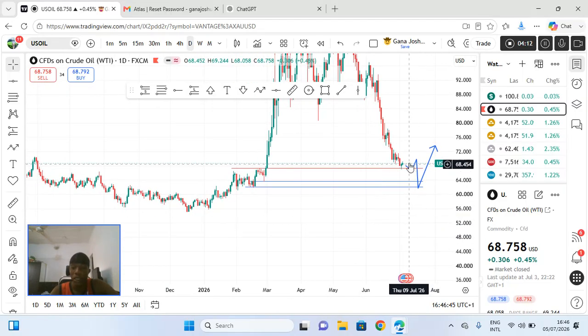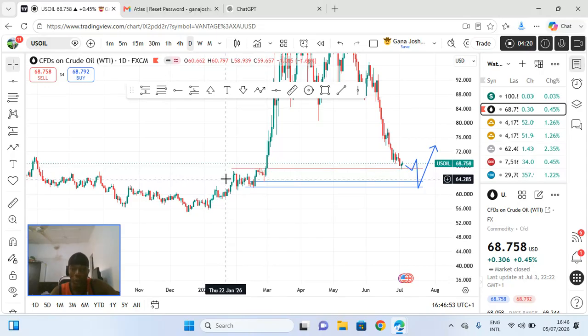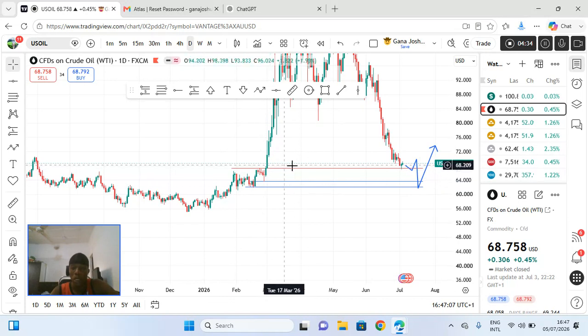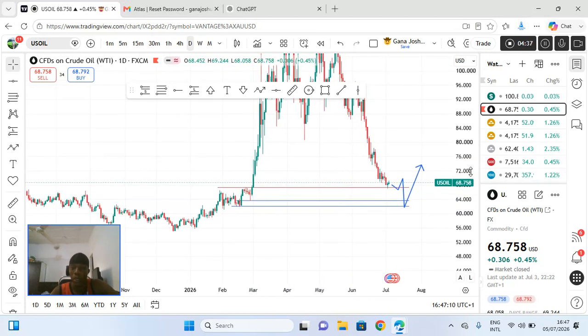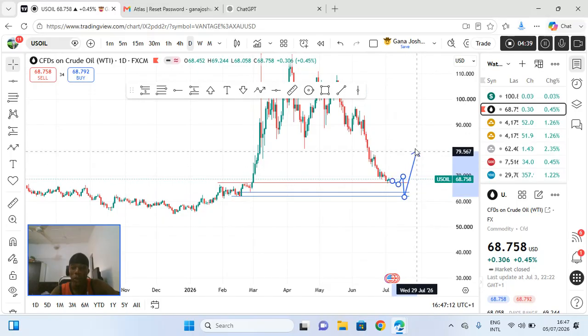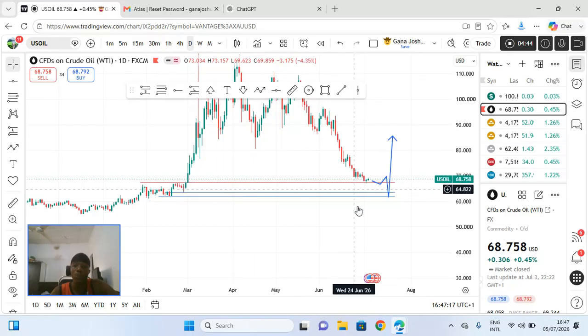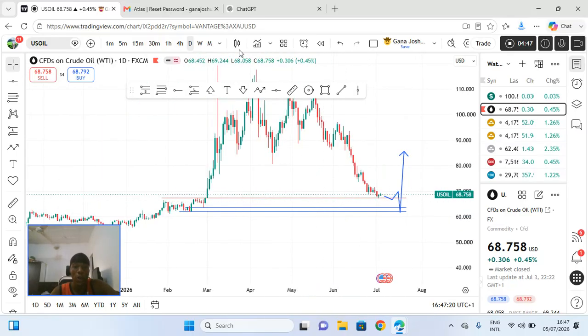But in the case that these three levels we have marked, if you are to mark those levels, we've got 67.350, we've got 63.500, and basically the range from 67 to 62 is the support range where we're gonna be looking for some kind of reversal, maybe to this side to test this level that it hasn't tested yet. That's on oil. So that's what we'll be looking out for on market open.